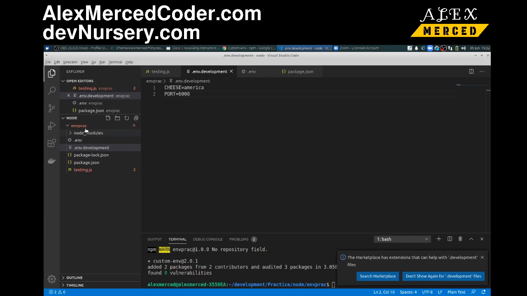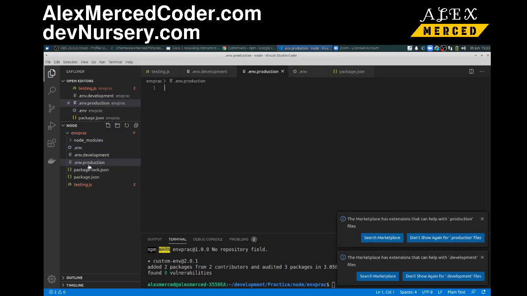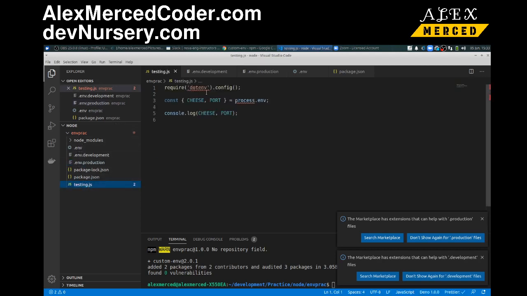Save, and then we'll create a production one, new file .env.production. Nice, cool. And then actually let me give some values there. So cheese here will be provolone, and port here will be 7,000. Okay, and then if I go back to the actual testing.js, what we're going to do is require